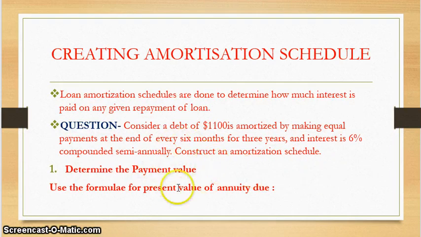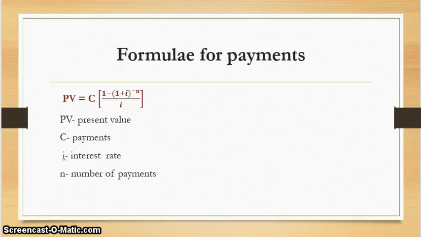Number 1, you have to determine the value of the payment. So in determining the value of the payment, you use the formula for the present value of the annuity due. The debt that we have been given, 1,100, is the present value. So we use the formula for annuity due. So the formula says